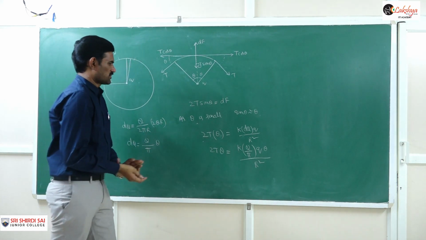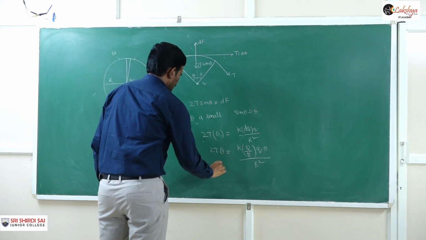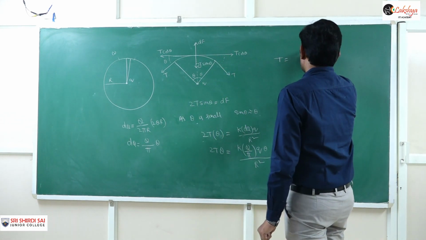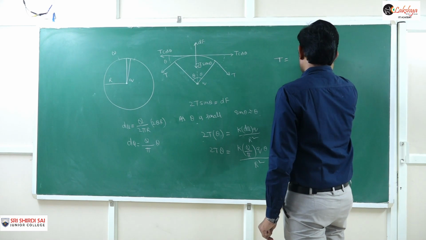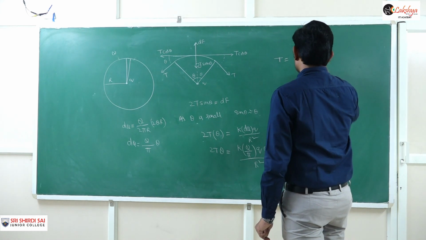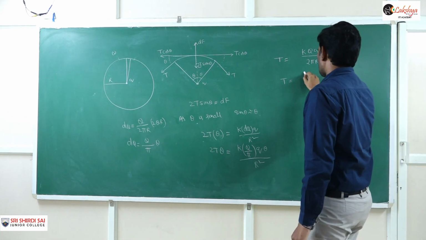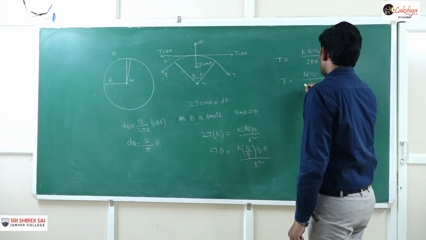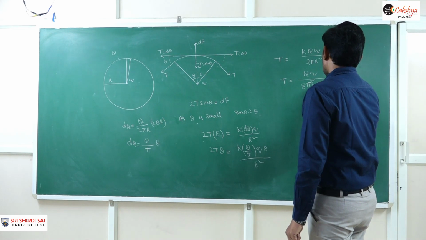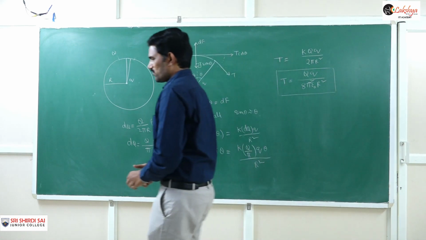Now we can do the simplifications here. Like here you can write this, this theta you can cancel on both sides. Therefore this T is equal to K into Q by 2 pi R square I can write. And so then if we substitute this K value, which is our proportionality constant, I can write this as K Q, that means Q into Q by 8 pi square epsilon naught R square we can write here. So this is the tension developed in that string because of this repulsive force.